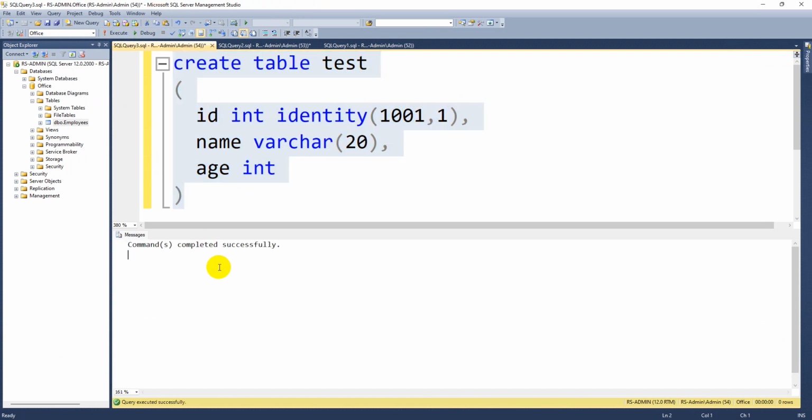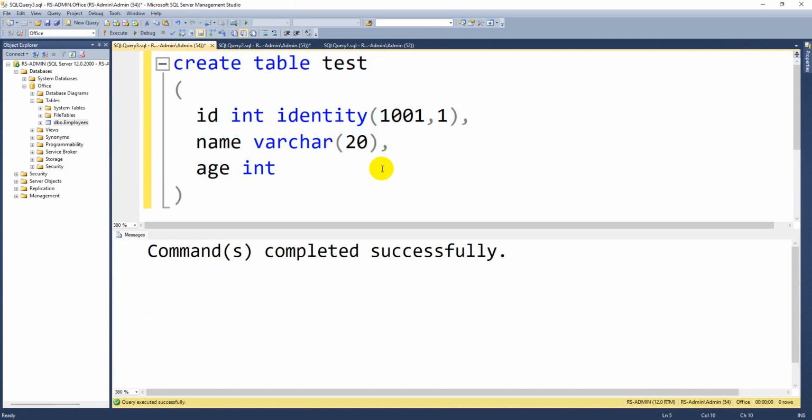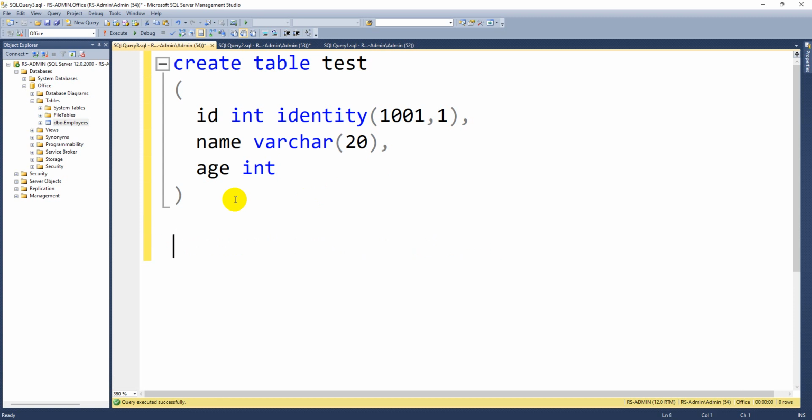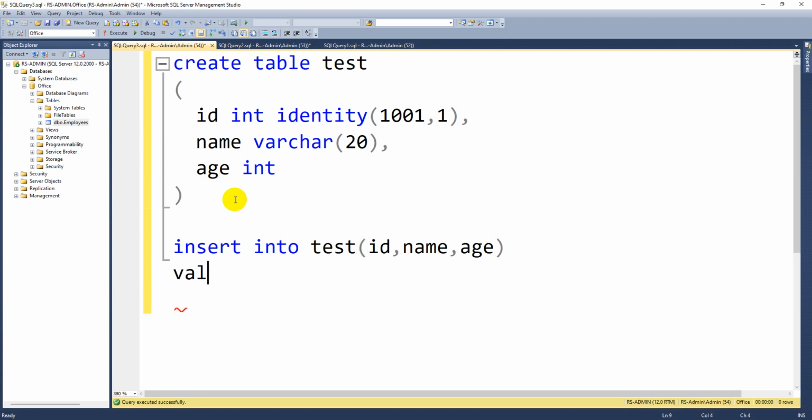So I am executing. You can see the result, command completed successfully. So guys, you should remember one thing. Whenever a column is mentioned as identity, I mean it's an auto increment column, you cannot insert a value into it manually. You can see this. Insert into test id, name, age values 1, some admin, some 25.